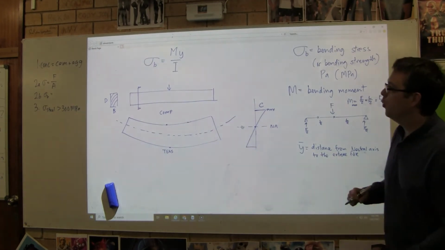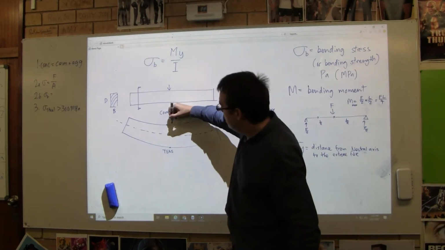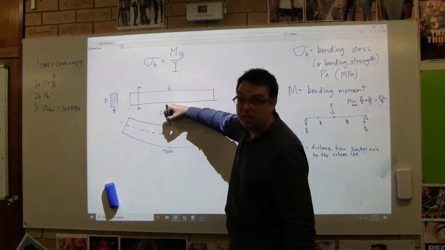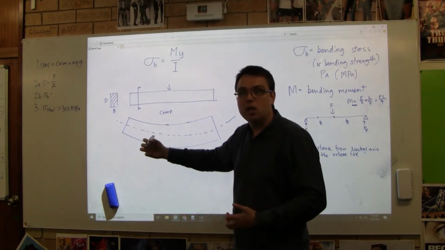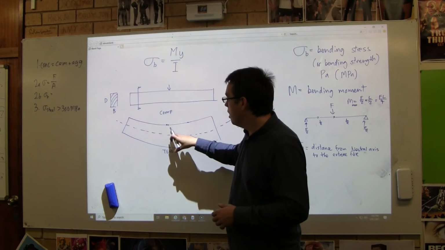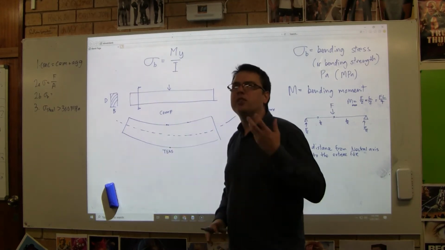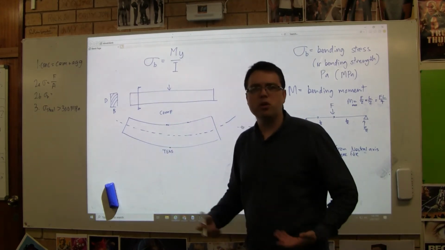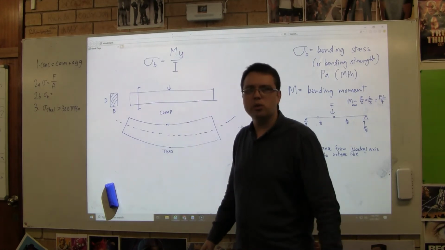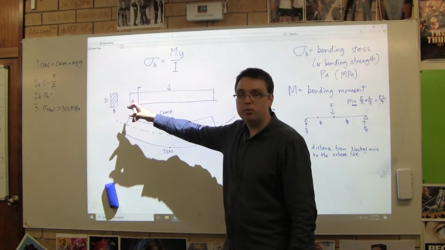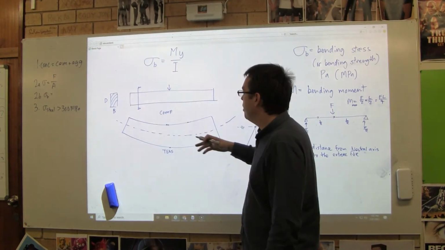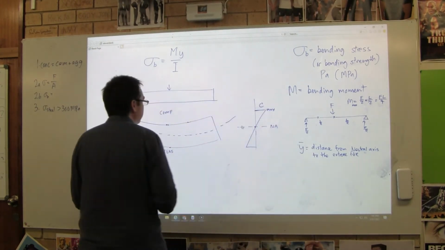Anyway, so when we say the extreme fiber, we mean this bit of timber here is the extreme fiber. It's as far away from the neutral axis as you can get. What is the distance from this line to the extreme fiber? Now the fact is, why not just say half the depth? Because isn't it always going to be half the depth? Yeah, do you see how it's half the depth? Yeah? But the reason why we have to say that is because